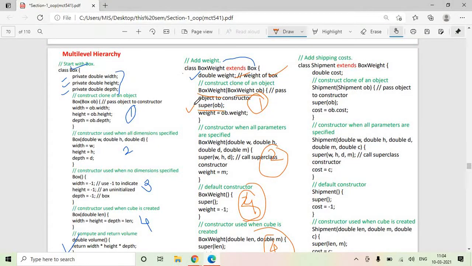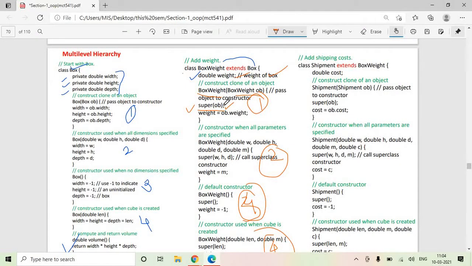Super basically refers to the parent class. Super refers to the parent class variable, parent class function or parent class constructor. So here super OB, simply saying super OB, it means you are asking to call an appropriate parent class constructor.